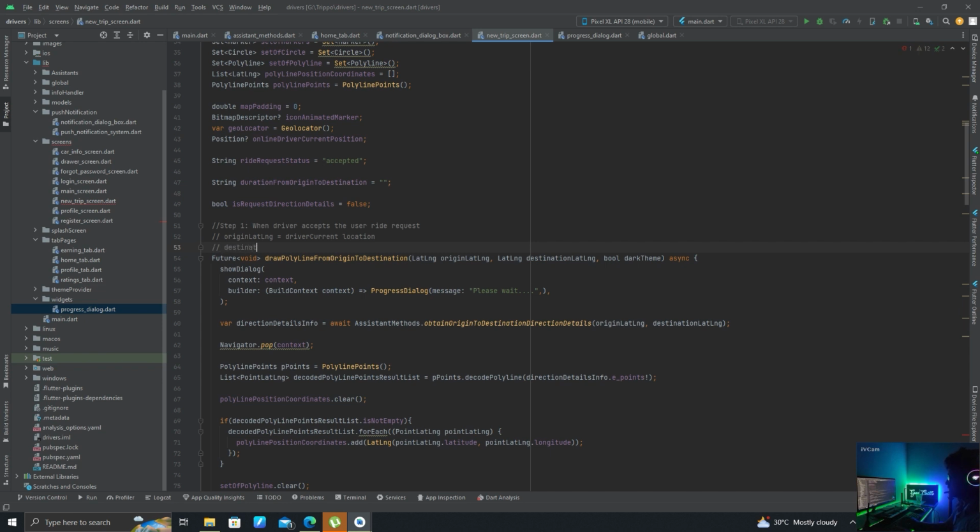So destination latlang equals to user pickup location,